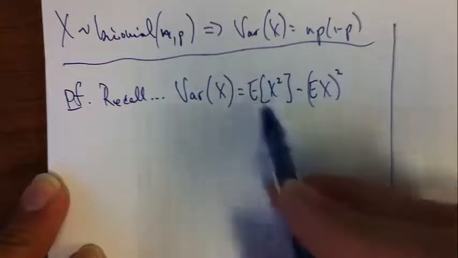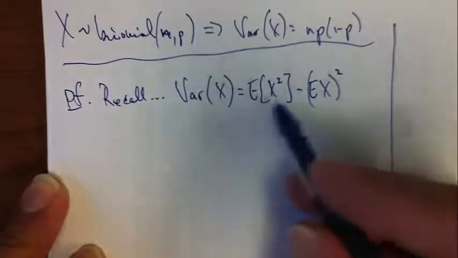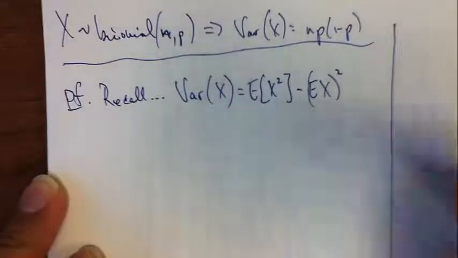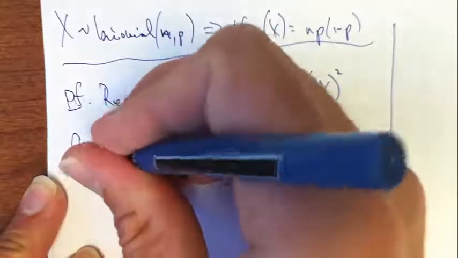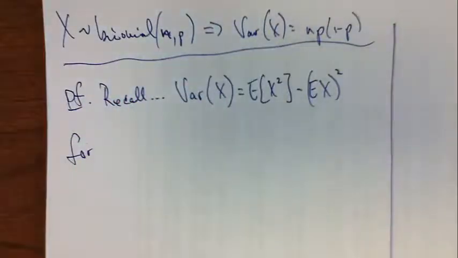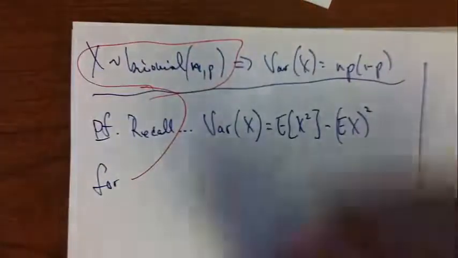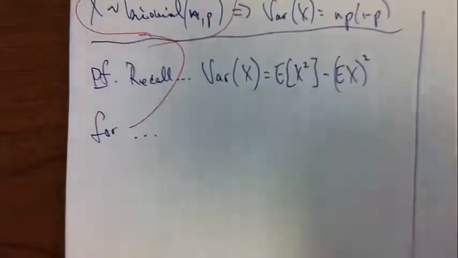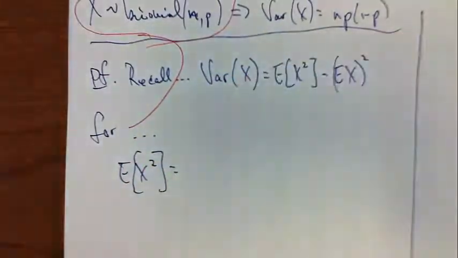I'm just going to get the expected value of X squared. By the way, that's called the second moment. We'll talk about that later. This is called the second moment. So again, if X is distributed binomial(n, p),